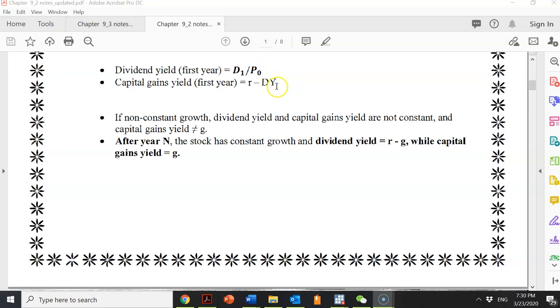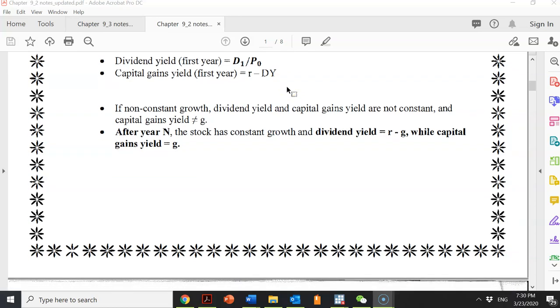For capital gains yield of the first year, we can use R, the total return of the stock, minus the dividend yield. So for the first year, we can use the definition of both to calculate both of them. If non-constant growth, dividend yield and capital gains yield are not constant, and capital gains yield doesn't equal G. However, after year n, the stock has constant growth, and dividend yield equals R minus G, while capital gains yield